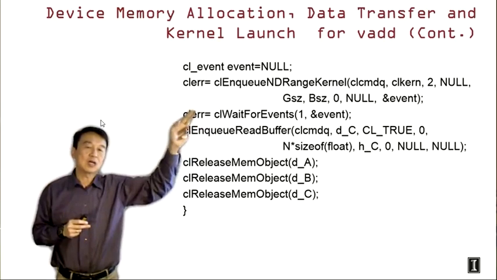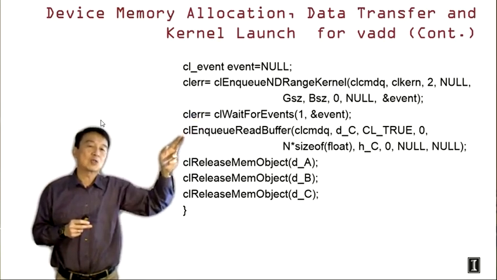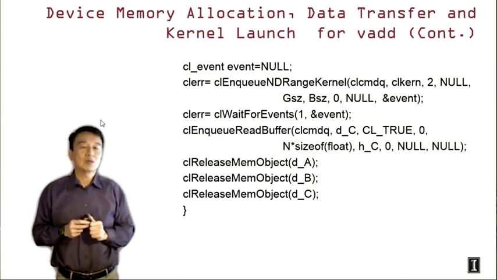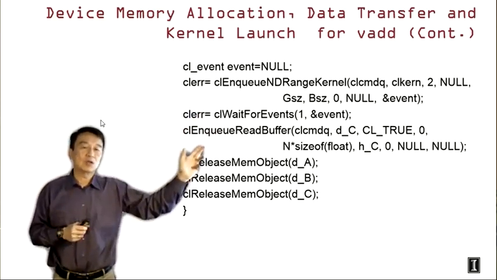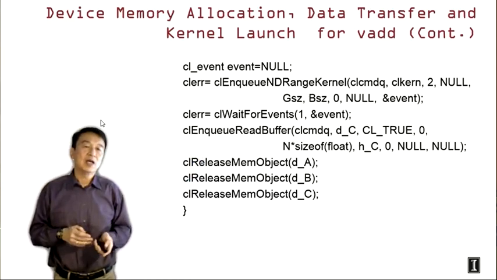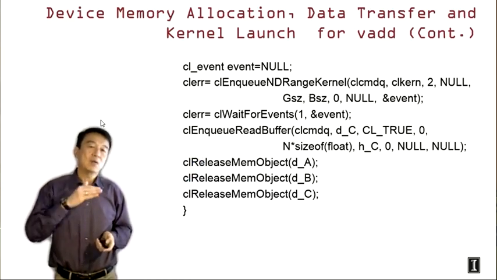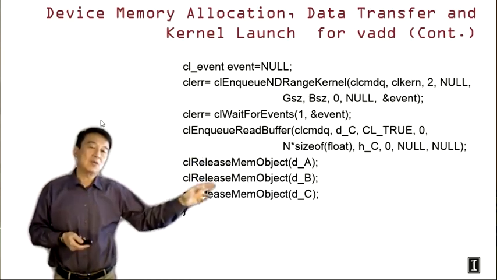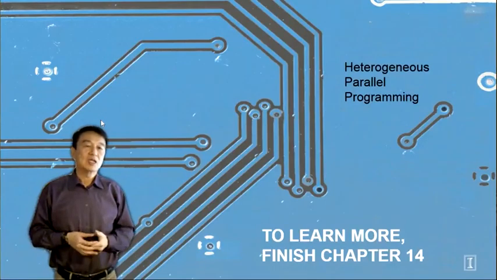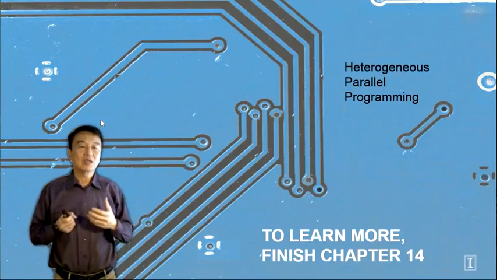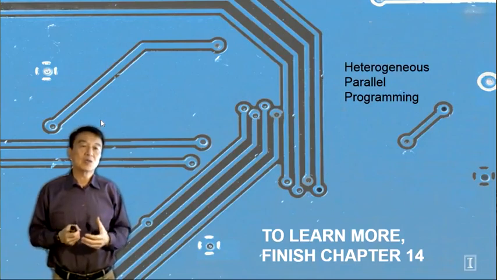So this is how we can wait for the kernel execution and then read the data back into the CPU. Now we're using the enqueue read buffer. Once we copy the data back, we can release the memory objects dA, dB, dC from the device. This completes all the conceptual background you need in order to write your OpenCL code